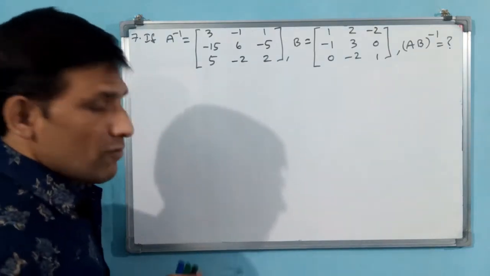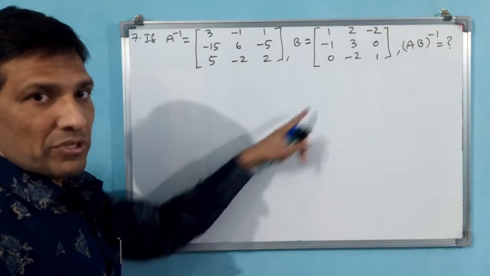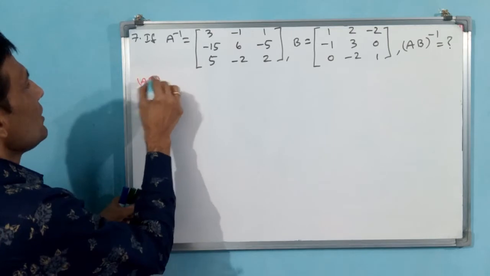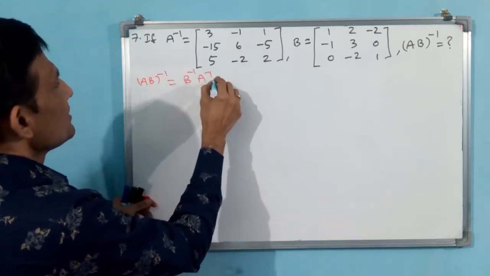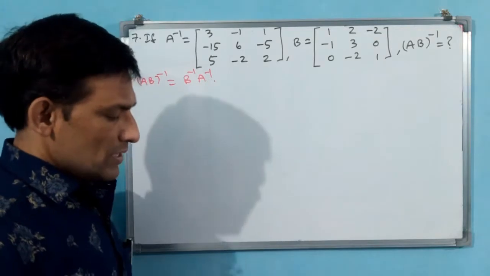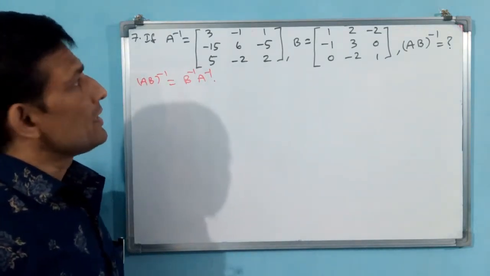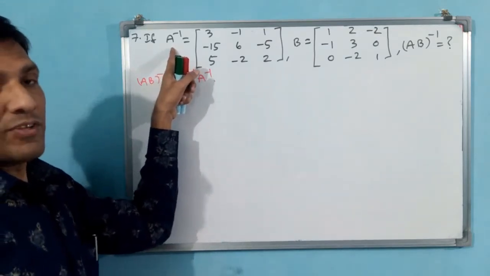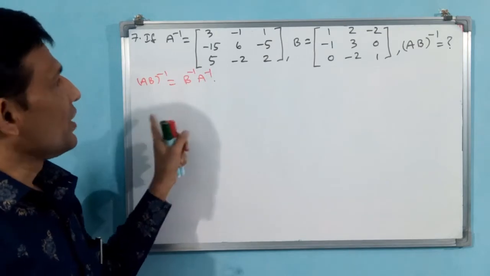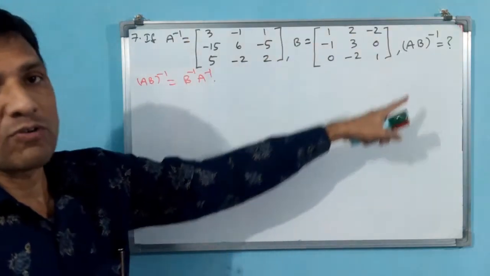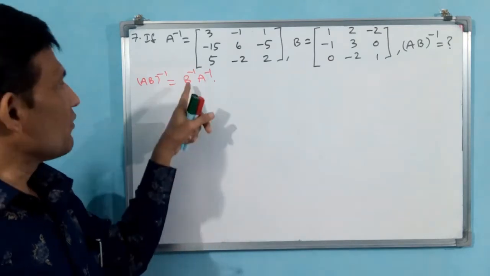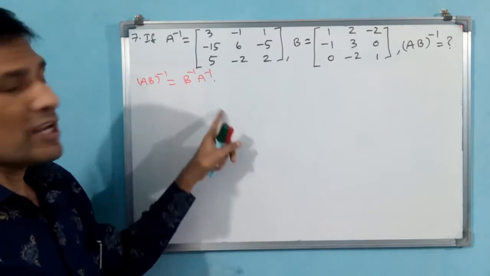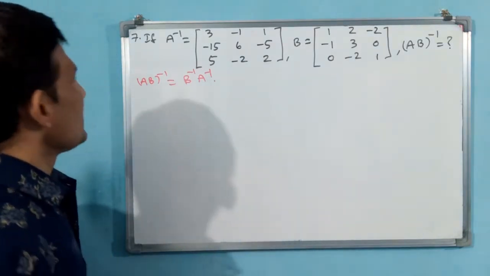Okay, but one additional multiplication has come. B inverse into A inverse we have to multiply. Okay, you can write down like this formula, AB whole inverse is equal to B inverse A inverse. This formula you have to know. If you don't know, then you cannot do it. Another one also is there, you can find A inverse whole inverse is equal to A, then A into B you can find, again A into B inverse you have to make. That is a long process. Better we follow this process. B is there, B inverse if you find, B inverse into A inverse, only multiplication is there. Okay, then that is easy.